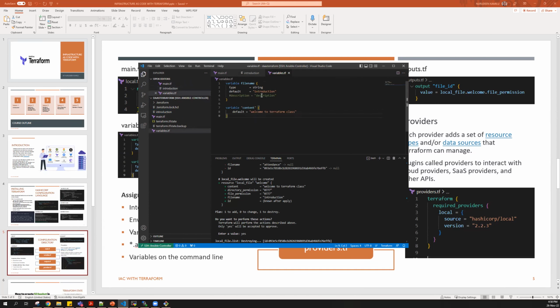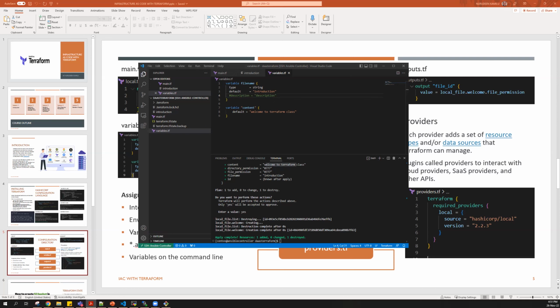Depending on the kind of resource that you want to define, we determine whether you want to use a string, a boolean, or other variable types that we have. And yes, we also have map. Another important thing is that